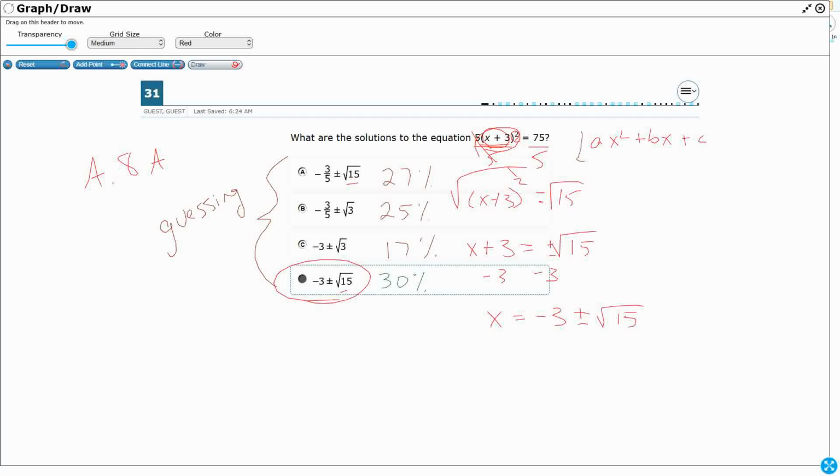All of that depends on having an expression on one side of the equation that fits this form. When you don't have that, you have to work to get it back there. And so if students were trying to use ax squared plus bx plus c with this, the a and the b and the c are going to be off. They're not going to be the correct values, which means they ended up with wrong answers and they ended up guessing. So we need to help our students also practice what happens when you can take the square root